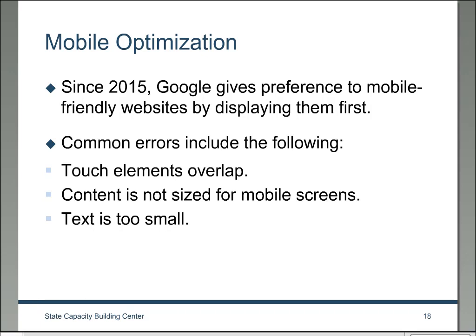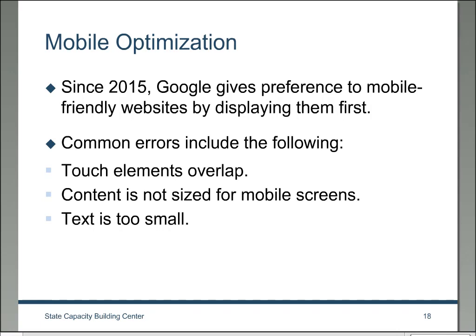The content might be too small, or the text might be too small. So the content in terms of photos, they may spill off the edge of the screen, or they may get sized inappropriately on a mobile device. So this is really just stuff that you have to test. A lot of folks like to design their website mobile first from the ground up and make it responsive initially, and then as you scale up to larger screens, you don't have an issue because you've already accounted for kind of the stacking and responsive nature of it.